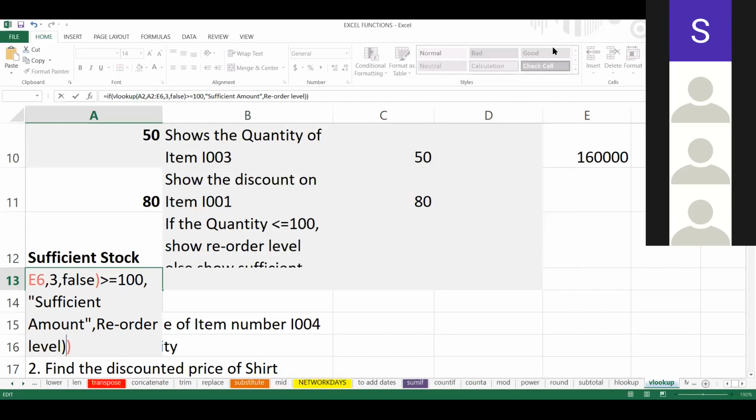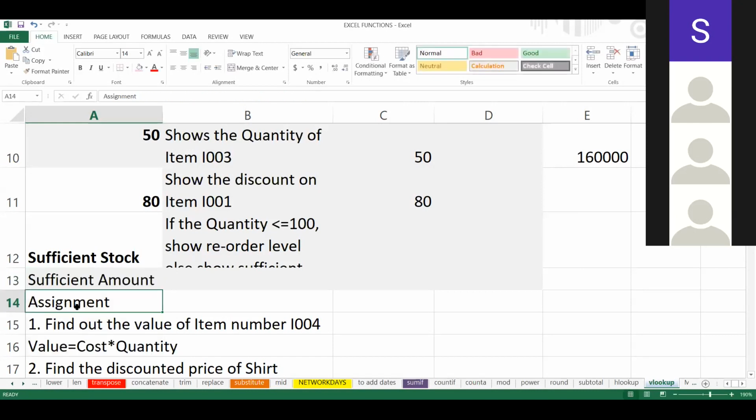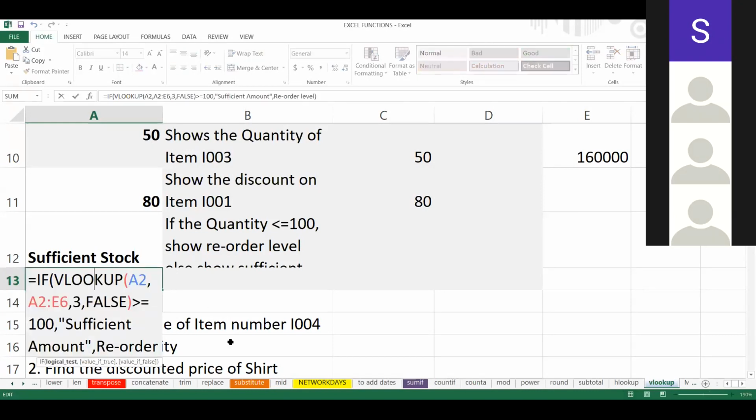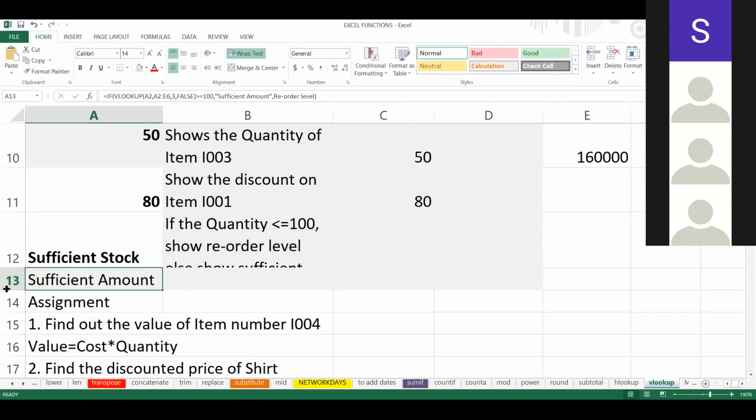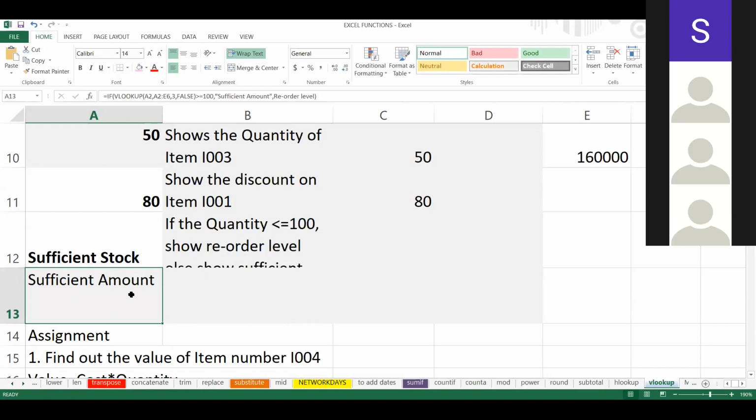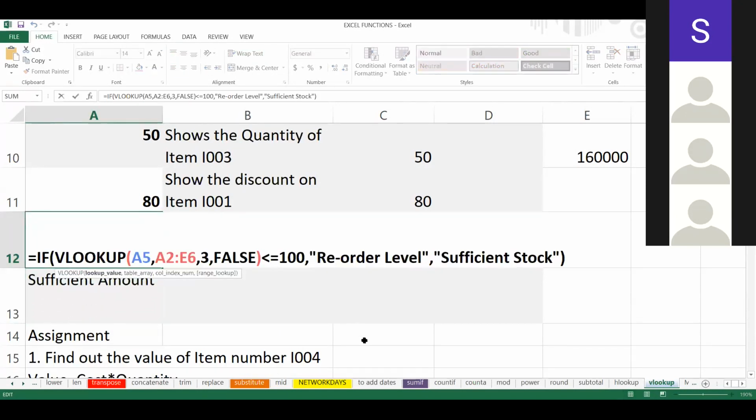Just a minute, there is a small mistake which I need to check. Okay, so it's giving me the correct result. Yeah, you can copy this if you want. So we have used the combination of IF and VLOOKUP, right?